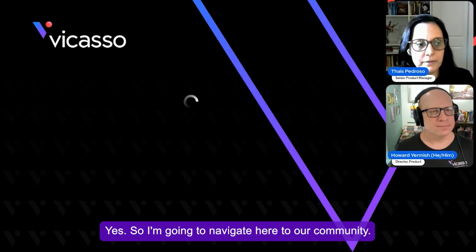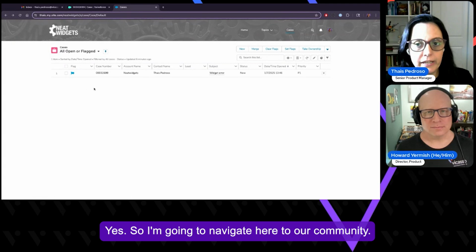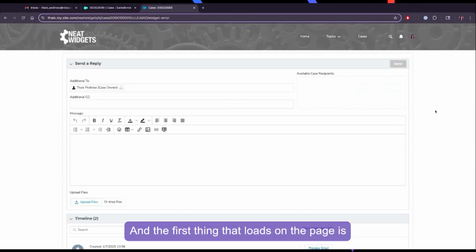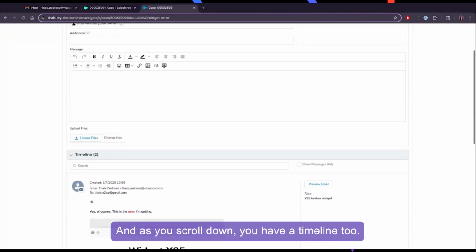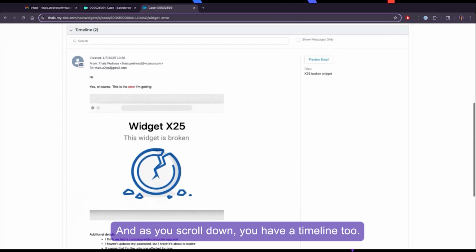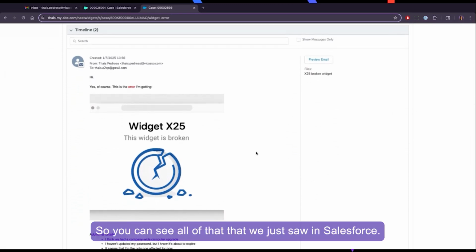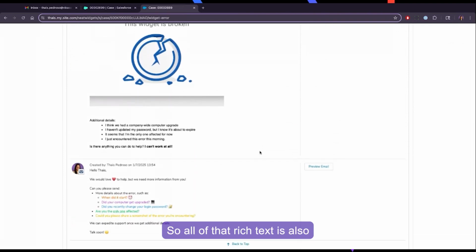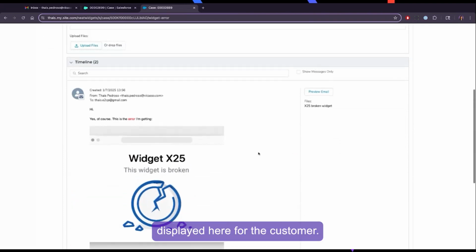Yes, so I'm going to navigate here to our community. I'm going to open that case that we were working on. And the first thing that loads on the page is our reply and timeline component. So at the top, you have your composer section. And as you scroll down, you have the timeline too. So you can see all of that we just saw in Salesforce right from here. So all of the rich text is also displayed here for the